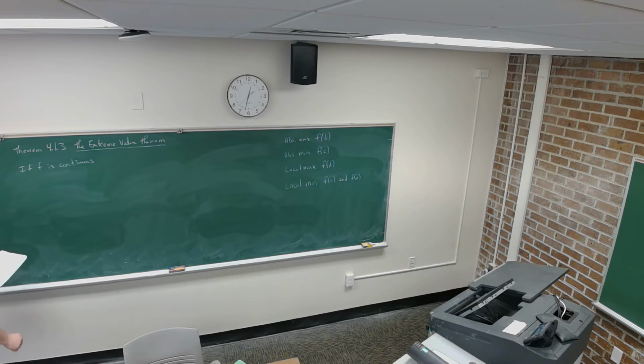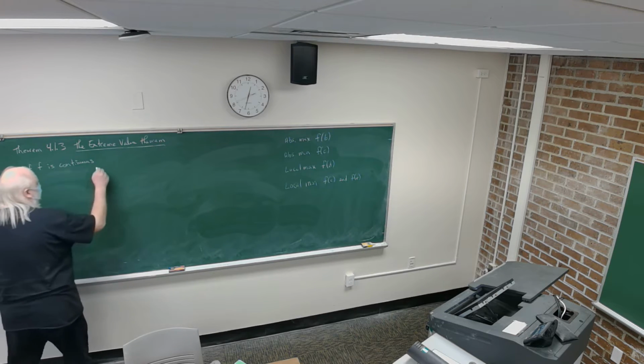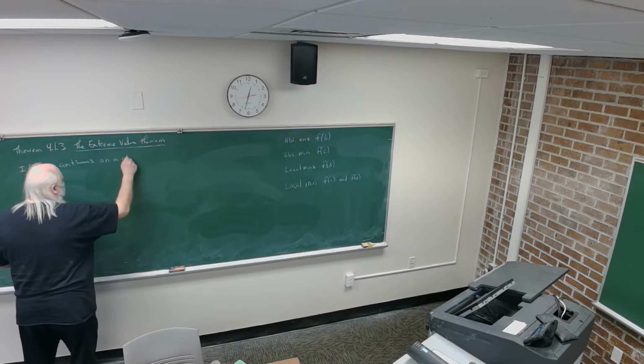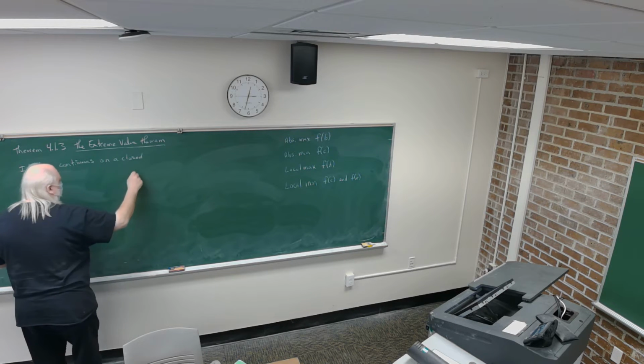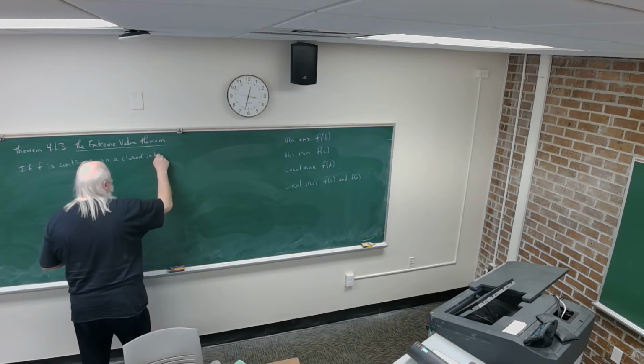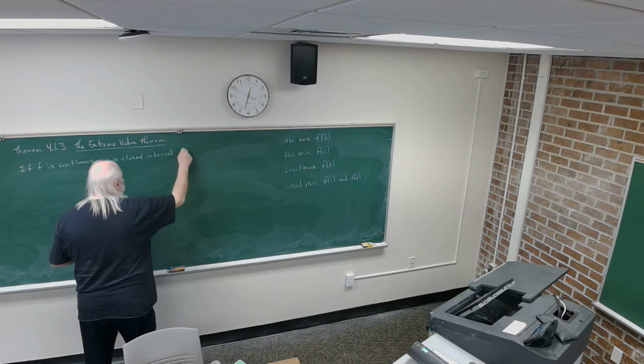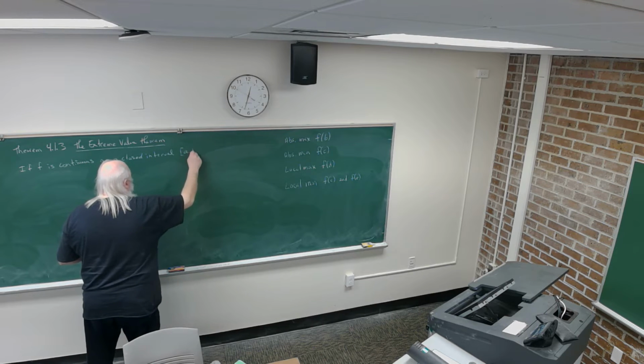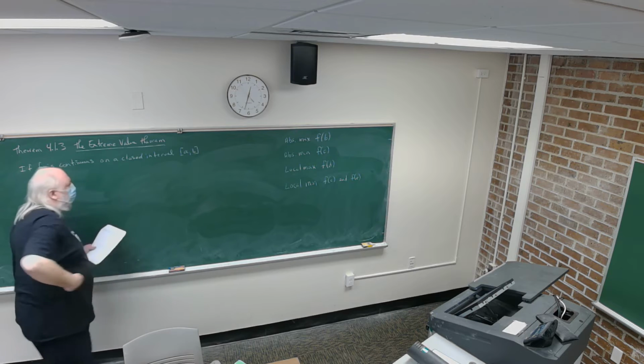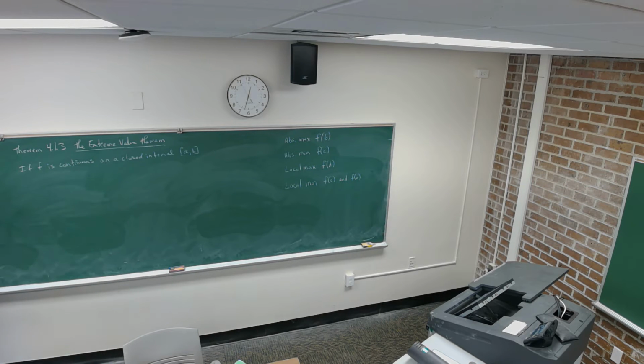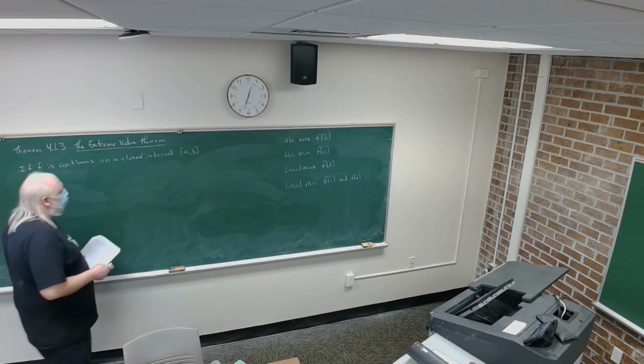So if our function f is continuous on a closed interval from a to b, okay? So you know closed intervals include the endpoints. Open intervals don't include the endpoints, okay? So if f is continuous on a closed interval from a to b,